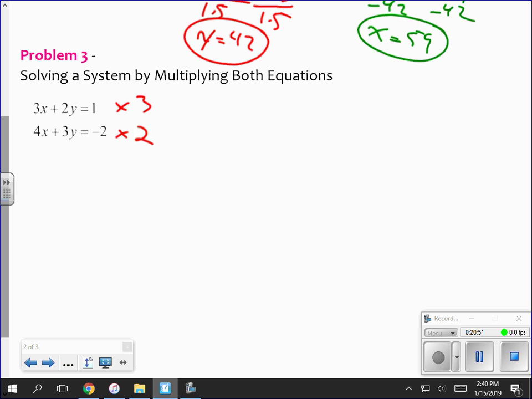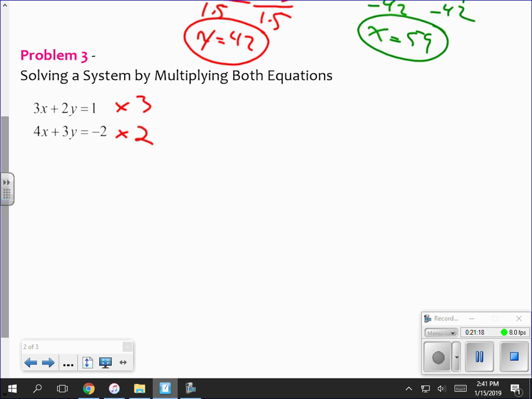Can you go and just subtract them? No, because you can't do that. You can't combine them unless you're going to actually eliminate something. If you combine them and you have not eliminated something, that doesn't work. So you have to multiply them first before you do your elimination. Okay? So you multiply